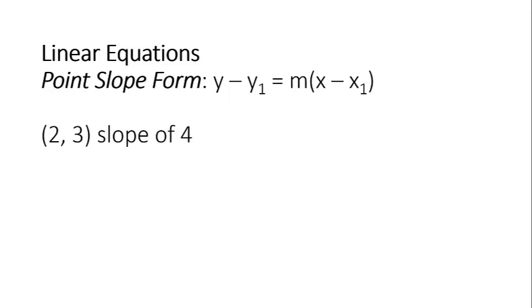Linear equations can be written in a few different forms. The first form we're going to talk about is point-slope form. This form is y minus y1 equals m parenthesis x minus x1. And the formula should look kind of familiar to you because it comes from the slope formula that we talked